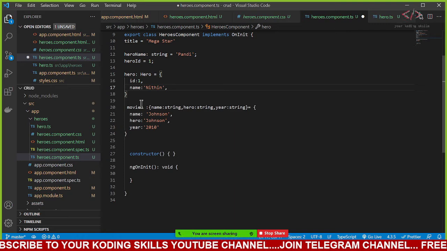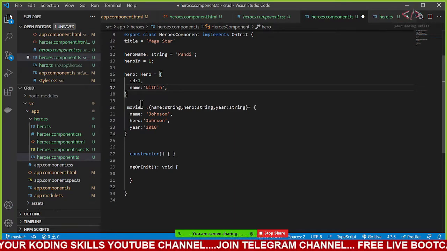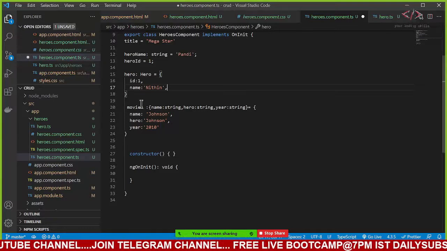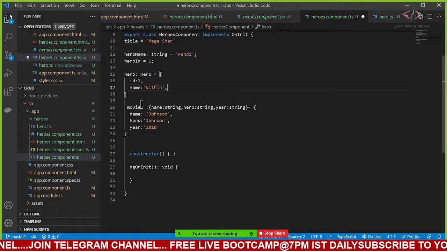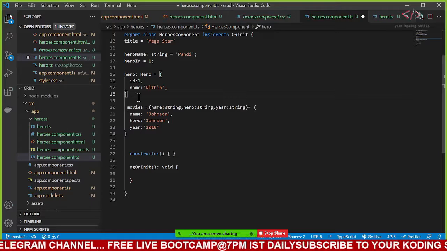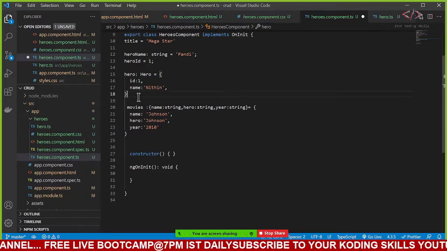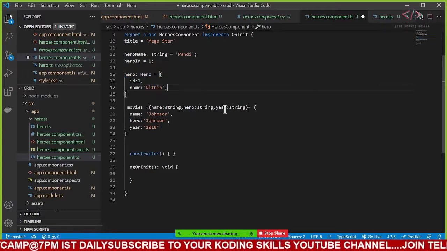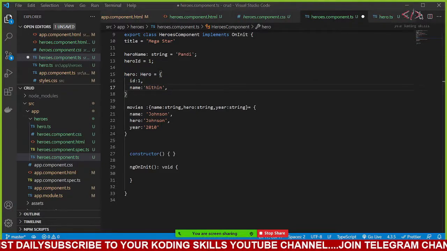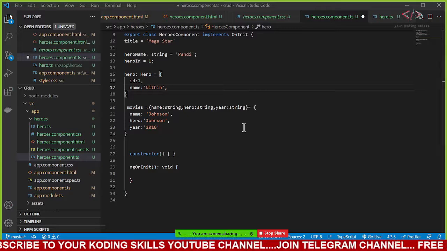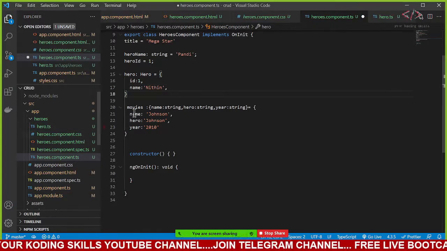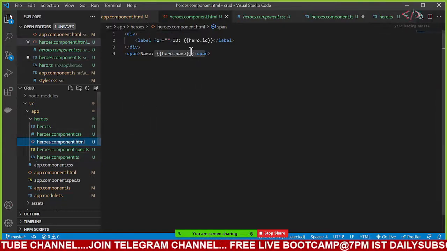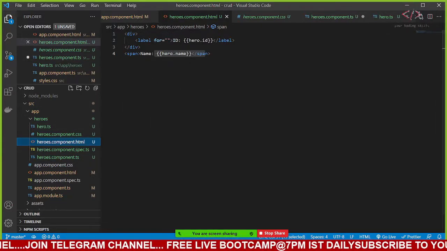Okay, so this is the interface. Is everyone clear what an interface is? Interface is nothing but a type checking for a variable. As simple as that. What kind of data you are getting? Now, next, I need a list of data. Let me not divert. This is the way whatever we have printed. If I go here, hero dot id, hero dot name, yeah, it is already there.